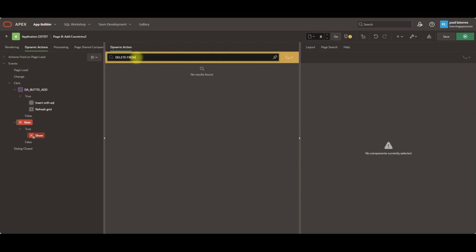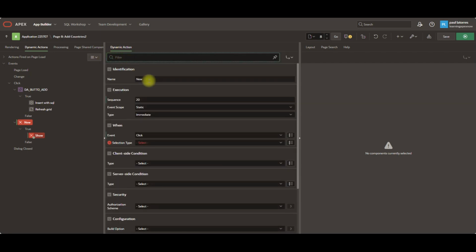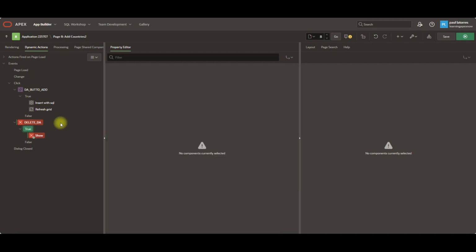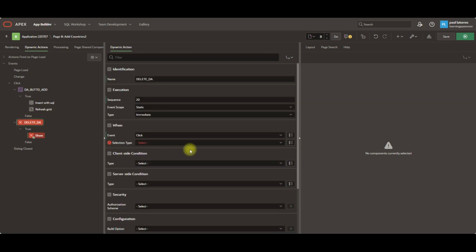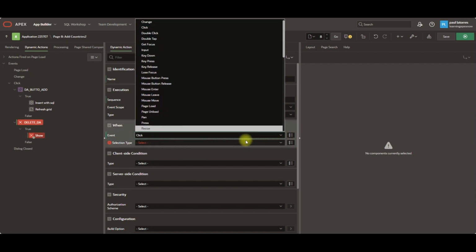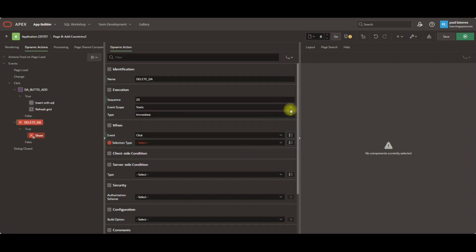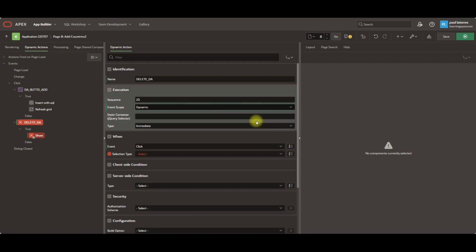Oops. By the way, that's the page search tool. That's not what I want. Delete. Delete the 8. And I believe it's here that we go to dynamic. It's going to be a click event